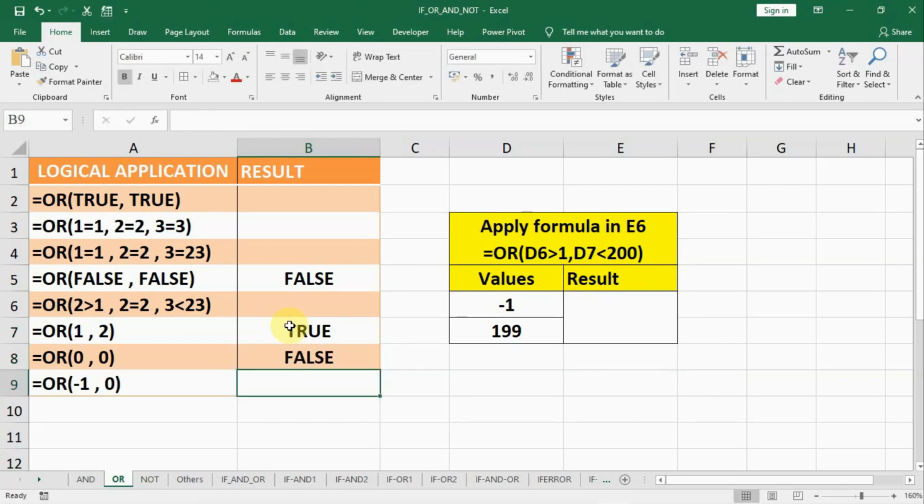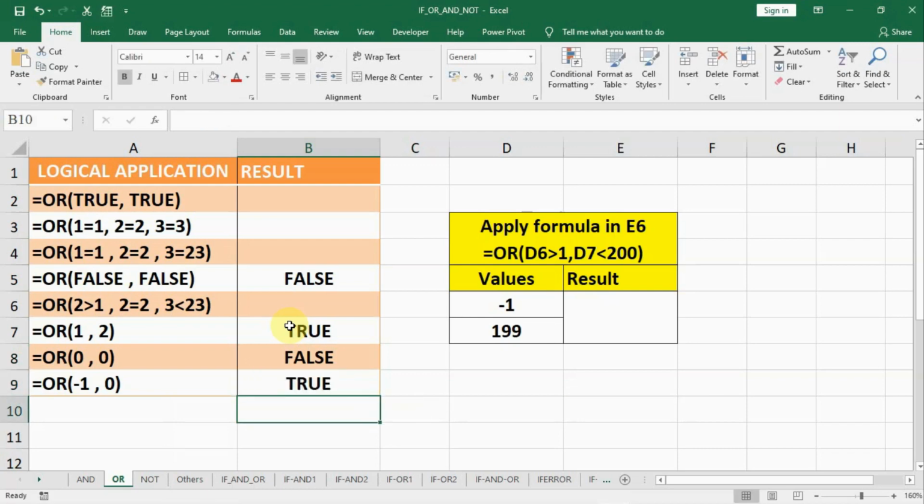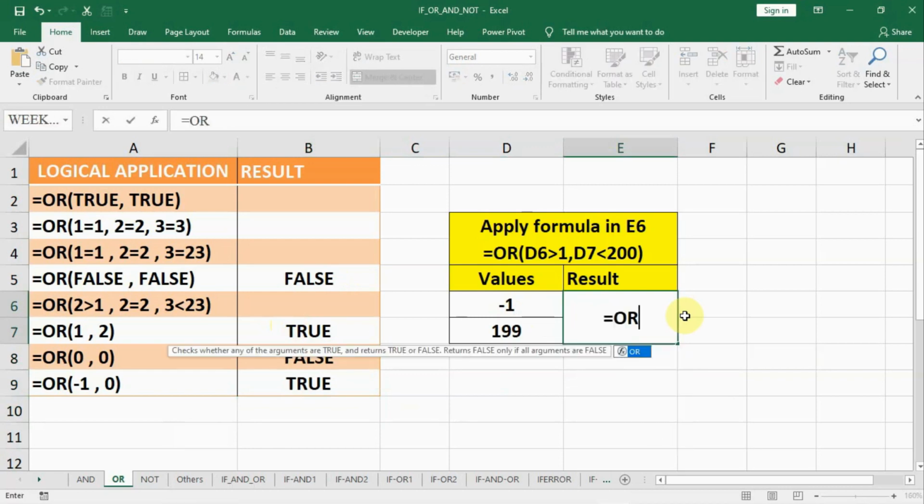Both are zeros. The result will be false because both are false. In this case, minus 1 and 0: OR, bracket open, minus 1 comma 0. Then the result is true because minus 1 is true. 0 is considered as false. We'll apply the same formula here using equal to OR, bracket open,